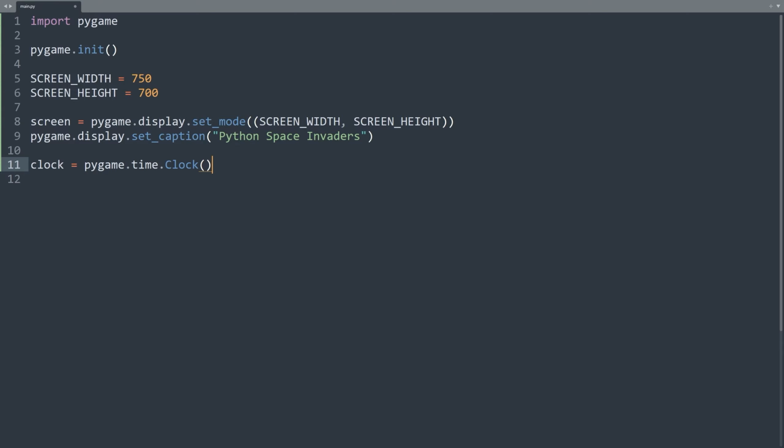The basic setup of the game is now complete. Let's now work on the game loop. The game loop consists of three parts. First, event handling. We need to check for any events that occur in the game, such as quitting the game, a key pressed on the keyboard, etc. This is done using the Pygame event handling system.